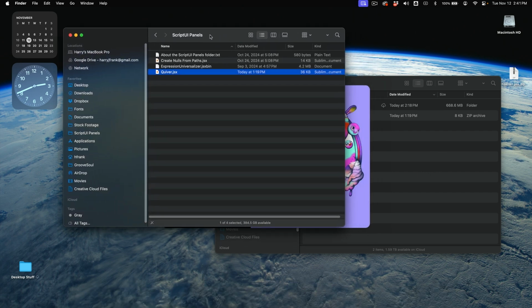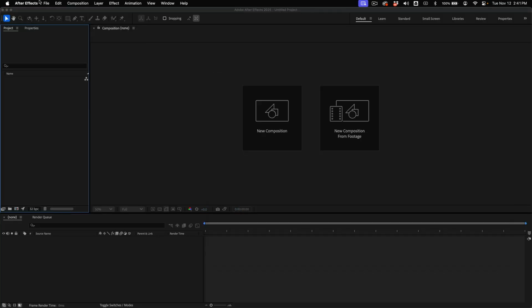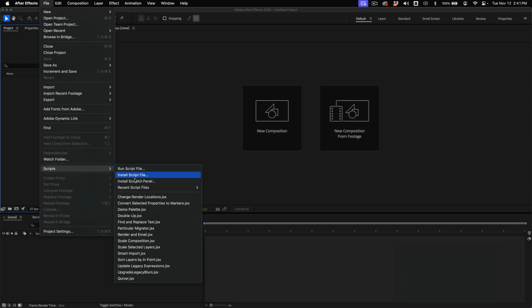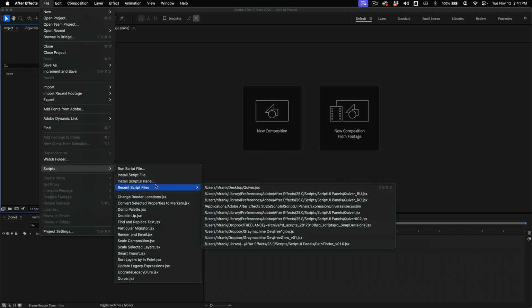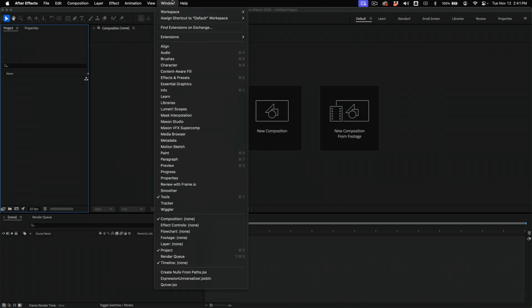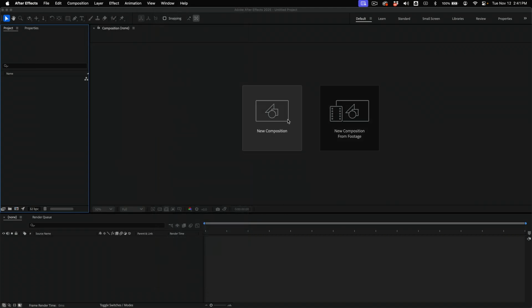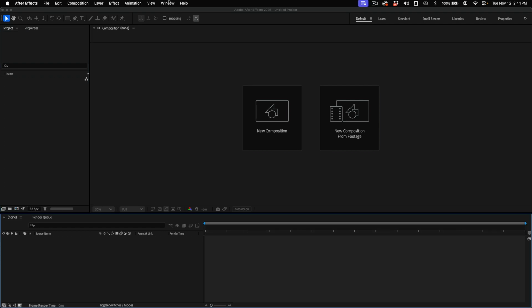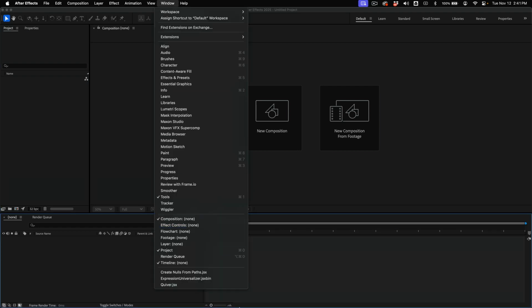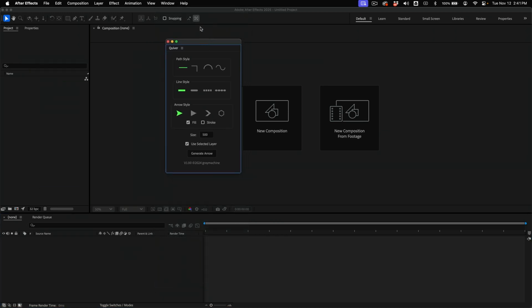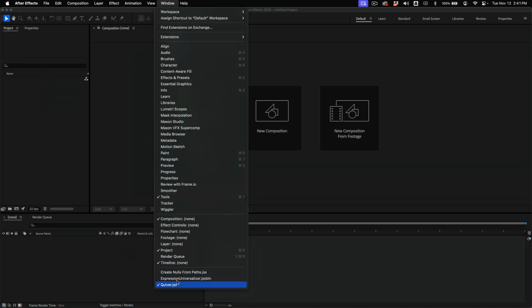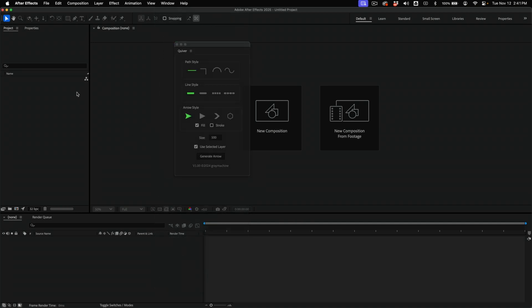And again, the reason I kind of avoid using the automated install script UI panel is that it doesn't actually have the option to remove the script panel. So once it's in there, it's kind of stuck unless you bookmark where that really obscure location is. So now I put it in my script UI panels and my applications, and now it's showing up as Quiver under my window menu here, and at the bottom we've got Quiver, and now I can dock this wherever I'd